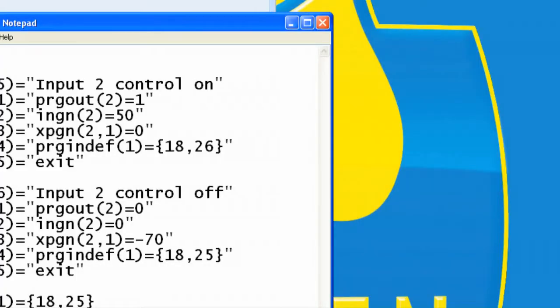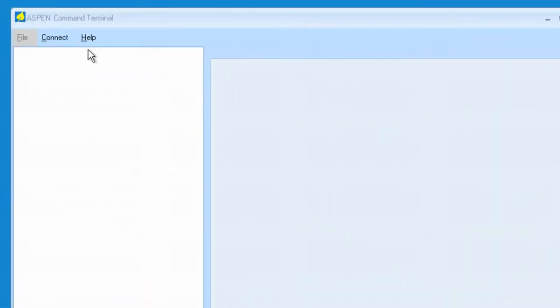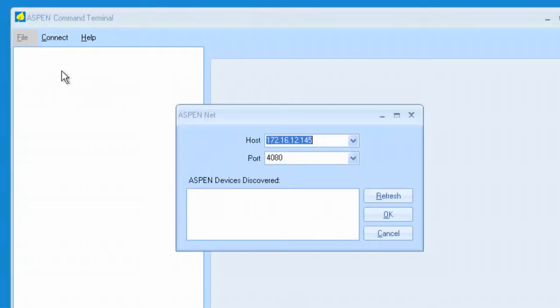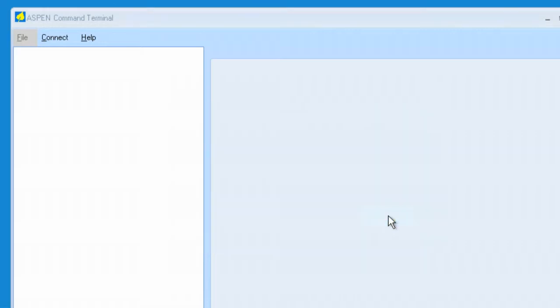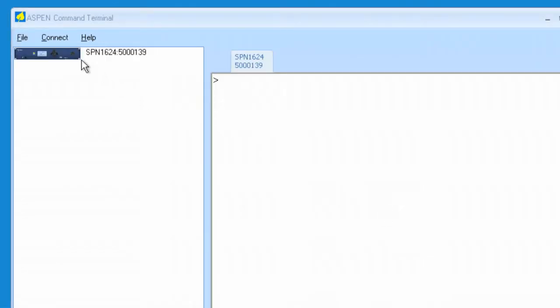So for now, we're going to connect to our Aspen box remotely. We go to Connect, Network, and here is the IP address of the Aspen box, which is local, but of course this could be a remote address, and the port number may be something different provided by the system administrator that would allow you to have access to the device within the system. So I'm going to hit refresh, and here's our SPN 1624. Click OK, and now you notice we're connected to it. If I type in ID question mark,